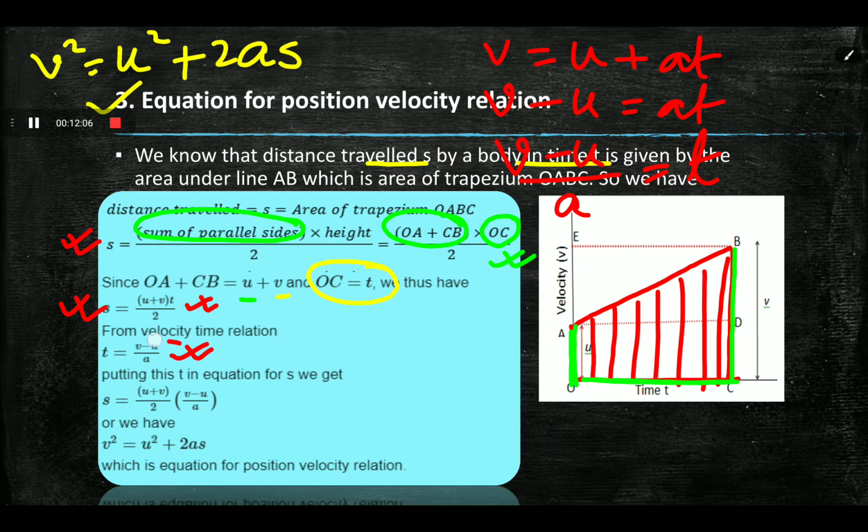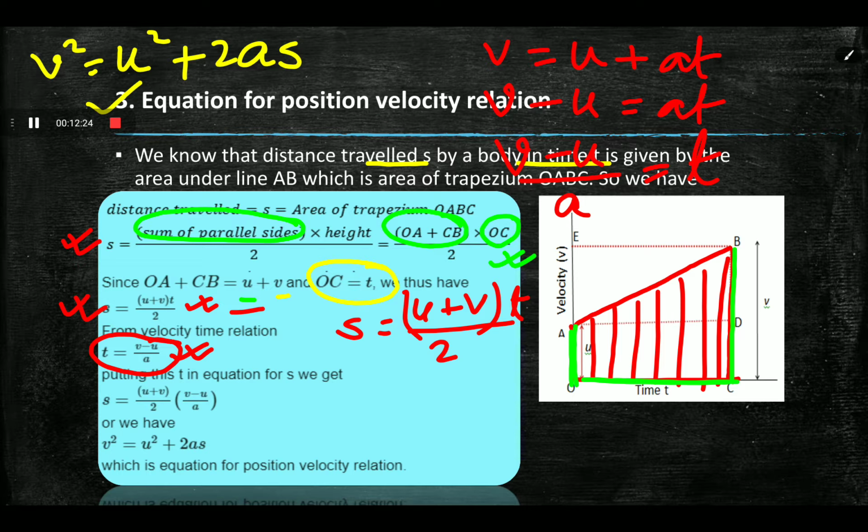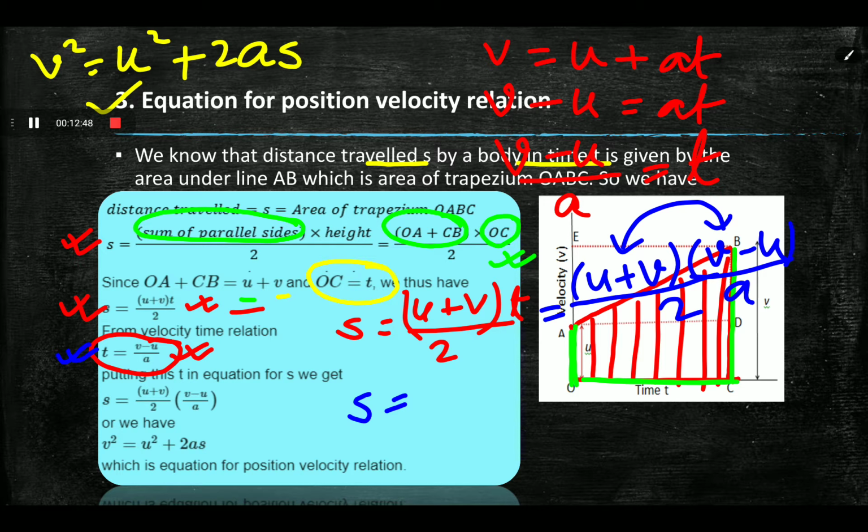So this is the expression for time. Now we have to put this expression for time in this equation. So it becomes S is equal to U plus V multiplied with time by 2 is given. Now this equation becomes like this, S is equal to U plus V, and in place of time we will put this, that is V minus U by A, and whole is multiplied with 2. So the expression is S is equal to, if you pay your attention that this is actually the formula of A square minus B square.